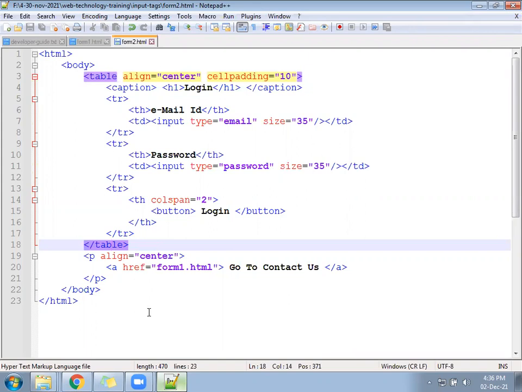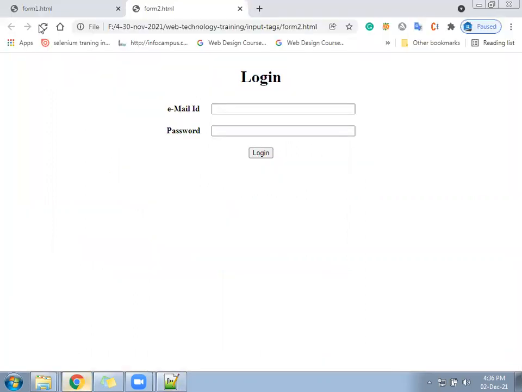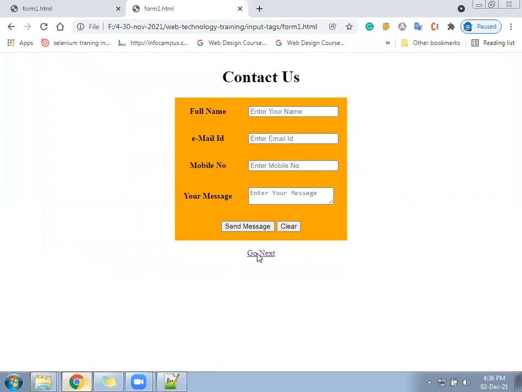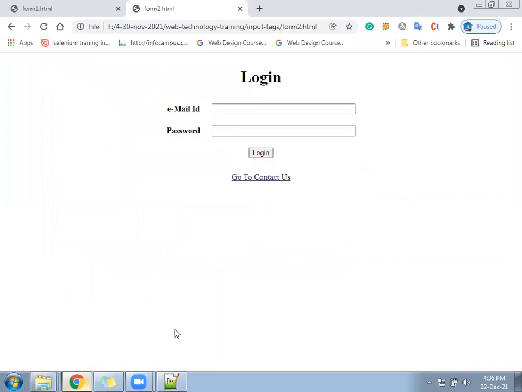So hope your page is linking and you are able to connect from previous to next and next to previous. Once we refresh the page, it will go to the previous and go next. We'll come to the current page.